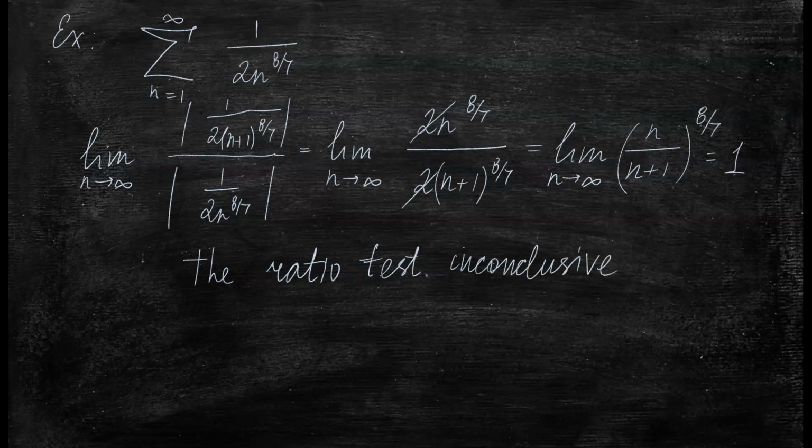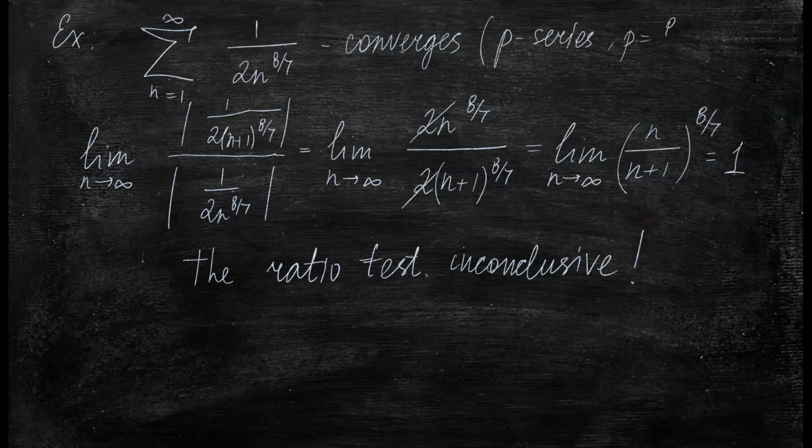That means we will have to use another test to determine the convergence or divergence of the given series. In this case, it's clearly P series, and P is greater than 1, so this clearly converges. But the reason is not the ratio test, it's P series